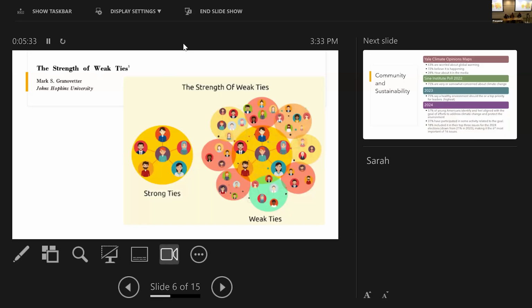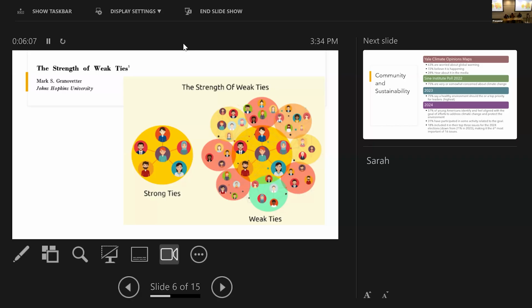And then I'll give a quick plug. So there's a really famous sociological study from the 70s by Mark Granovetter. I see someone might be familiar with it. What he found, his argument, the title of it is The Strength of Weak Ties, right? And so if you think of community as a network of interlinked people, his argument was that you can actually reap more benefits from those weak ties or those weaker connections with people as compared to those he referred to as strong ties, or those who are more in your orbit.